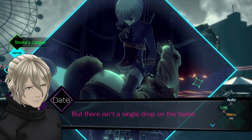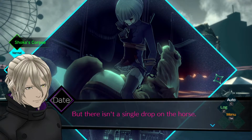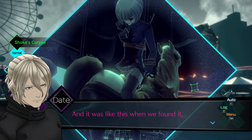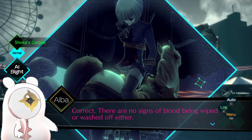She was probably killed somewhere else and moved here, which makes a lot more sense, considering otherwise her corpse would have just been stashed here for hours. But I guess if this is a restricted district, then there's not much foot traffic here, right? And it was like this when we found it. Shoko was killed somewhere, and then the corpse was moved here. Correct. There are no signs of blood being wiped or washed off either. That must mean...